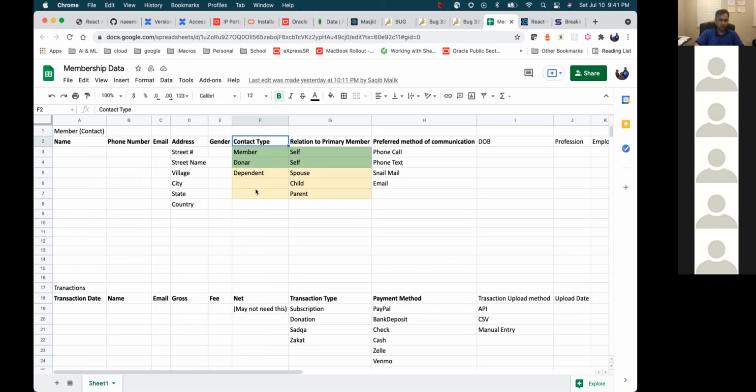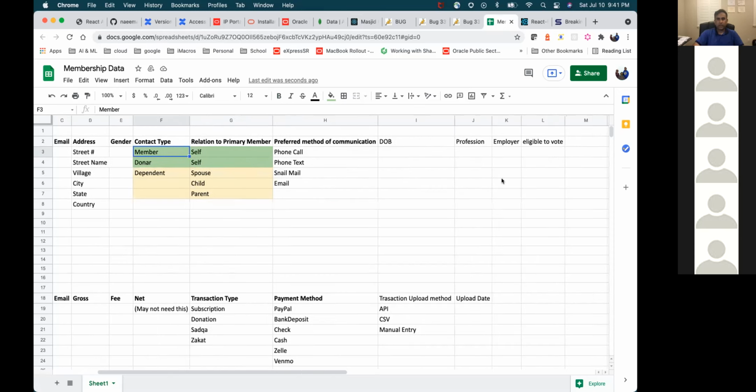And then the relationship to the primary. Is it self, or spouse, or child, or parent? So consider these as your drop downs, like Hamza, you were showing us. And then relation also, and then the preferred method of communication. We also have to store all this information, like the phone and the email address, right? And then date of birth,